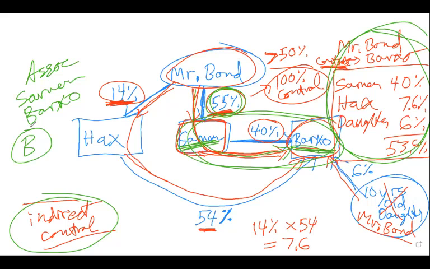Indirect being through other companies or through the daughter. So the trick here is that if the daughter was 20, then that wouldn't matter. And as far as the question about the cross ownership and all of that, there's nothing to do here with cross ownership. That hasn't come into play in this one.